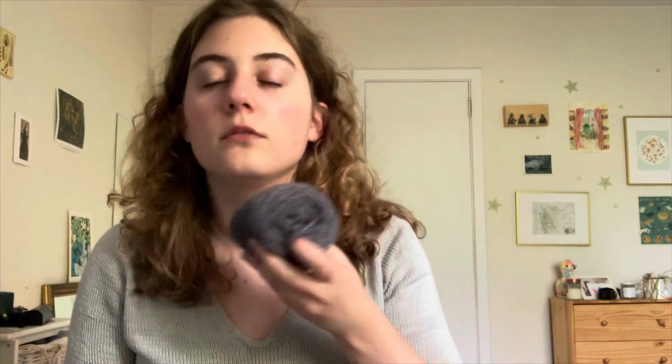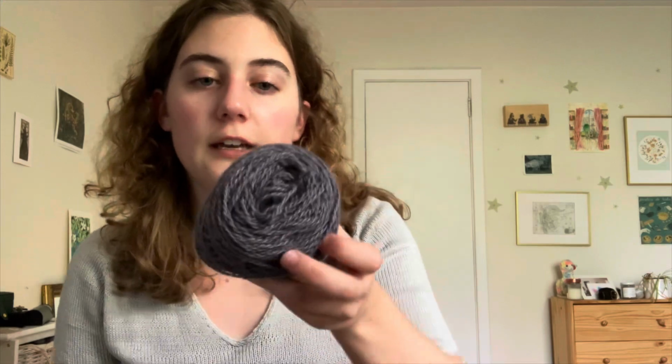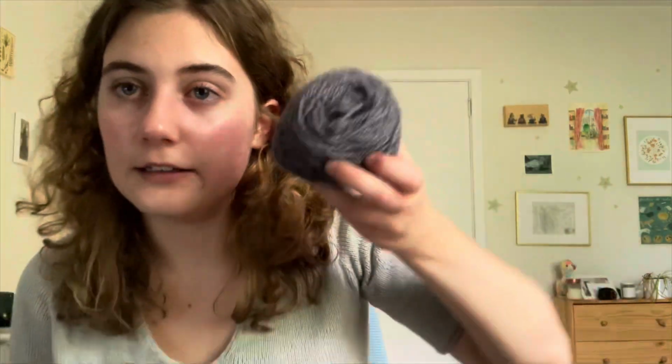But I did get something really freaking cool. I got some Angora yarn, like Angora from rabbits, and it is deliriously soft. It's just no itch, no problems, and it's so fluffy. It has this really cute halo, and it's so lightweight, and as you can see, it's already caked up because